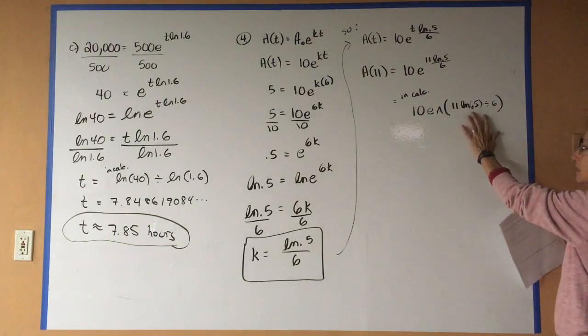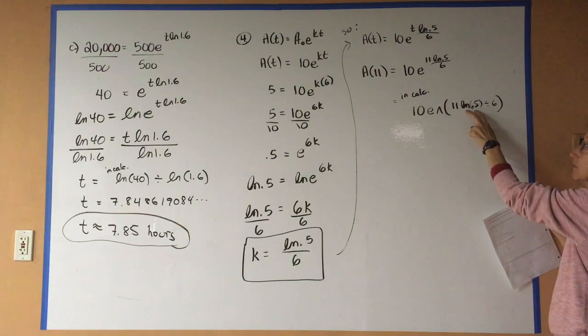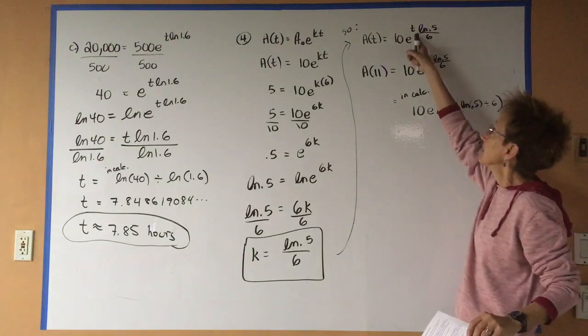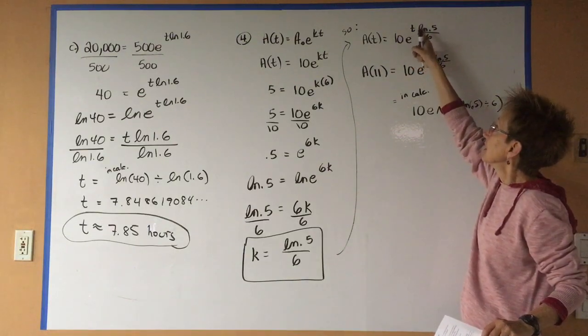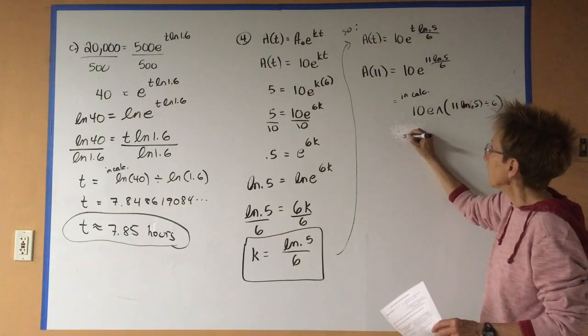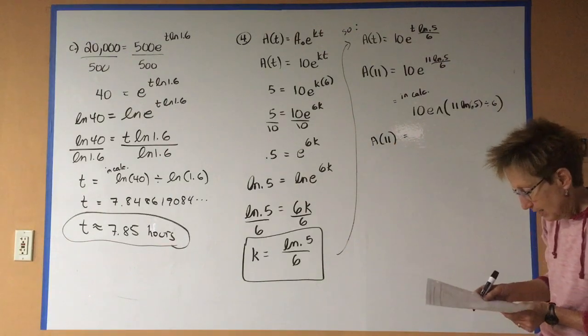So again, this respects order of operations. It's going to take 11, multiply it with the ln of 0.5, and then divide that answer by 6, which is exactly what this is saying. T times this is just t on the top and the 6 on the bottom. So this looks good, and when I put that into my calculator, A of 11 is equal to, it spits out